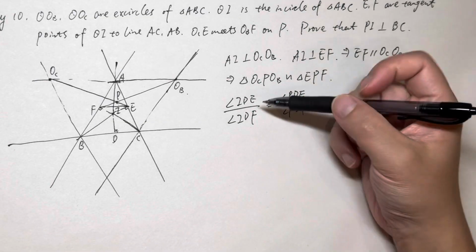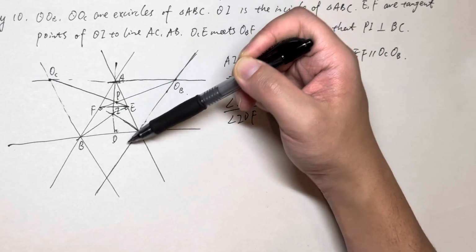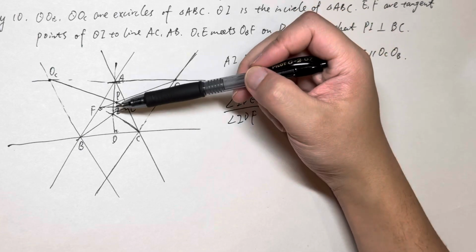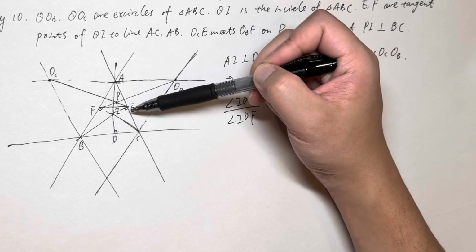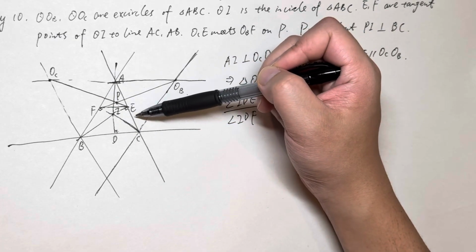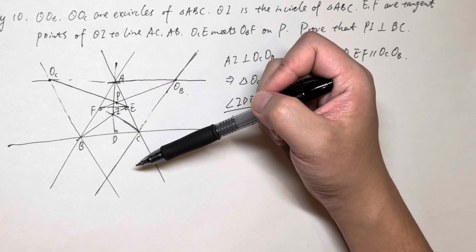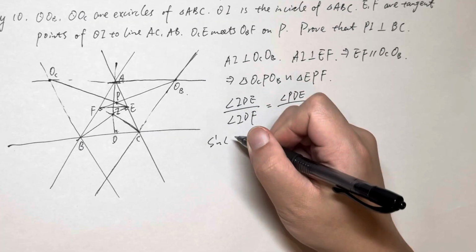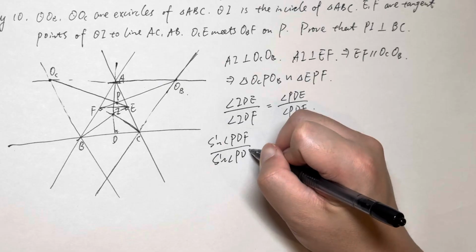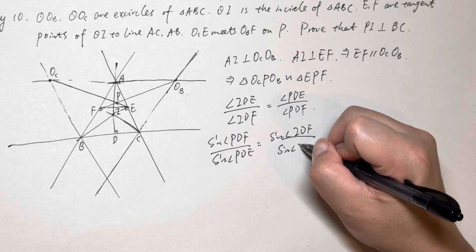The angle ratio IDF to IDE defines a line ID, right? And if the angle ratio PDF to angle PDE equals to the angle ratio IDF to angle IDE, that means P is also on the line ID, which means P, I, D are collinear. So the question is how can we prove sine angle PDF to sine angle PDE equals to sine angle IDF to sine angle IDE,